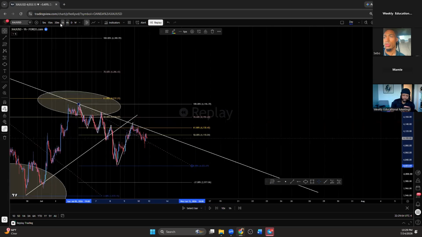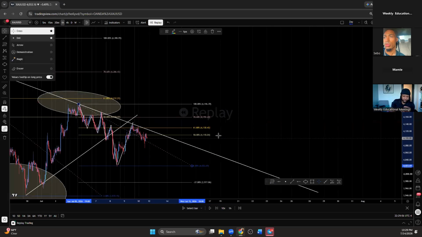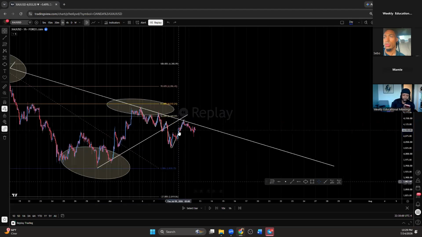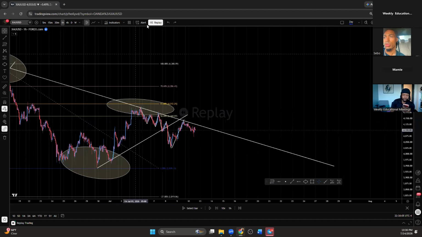Let me see. Let me go to, I'm on the 1 hour. Let's take some of this stuff off. I don't want to do too many fibs up here, but this is kind of like how I get a precise entry. But either way, we know market has already broken down below this area. Let's move this too, 'cause this kind of gives us everything we need.